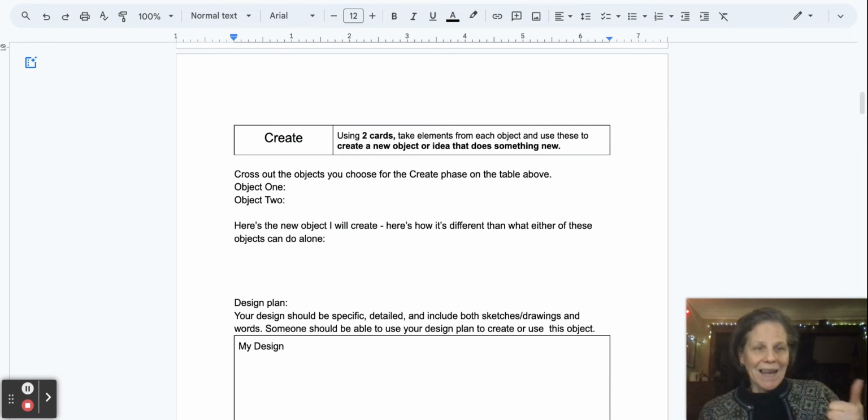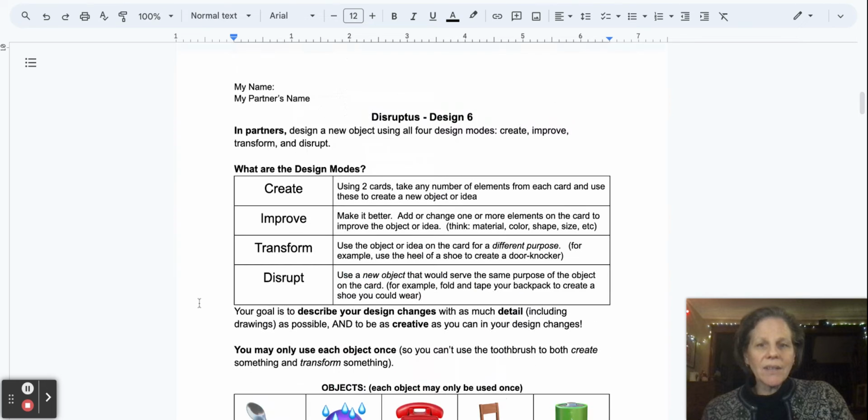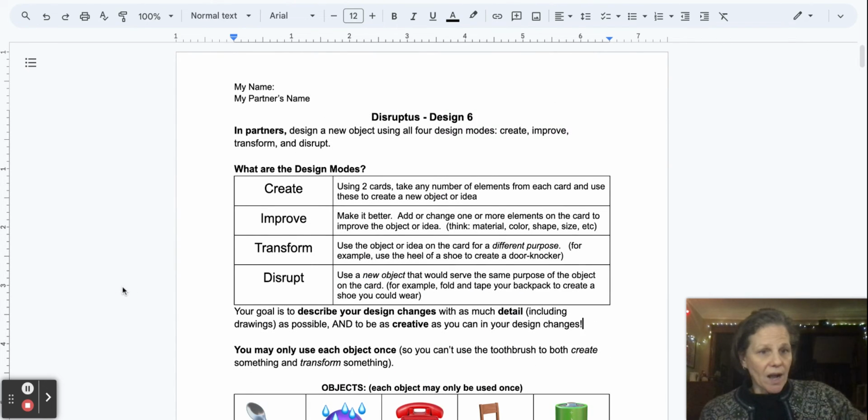Practice those designing, sketching skills. Go beyond what you could have done as an elementary school student. Really practice those detail skills, because that's a skill I want you to get better at. And then you're going to just upload whatever you get done in your Disruptus practice to this assignment by the end of class today. You can do this in partners, so you have a thought partner to think with,